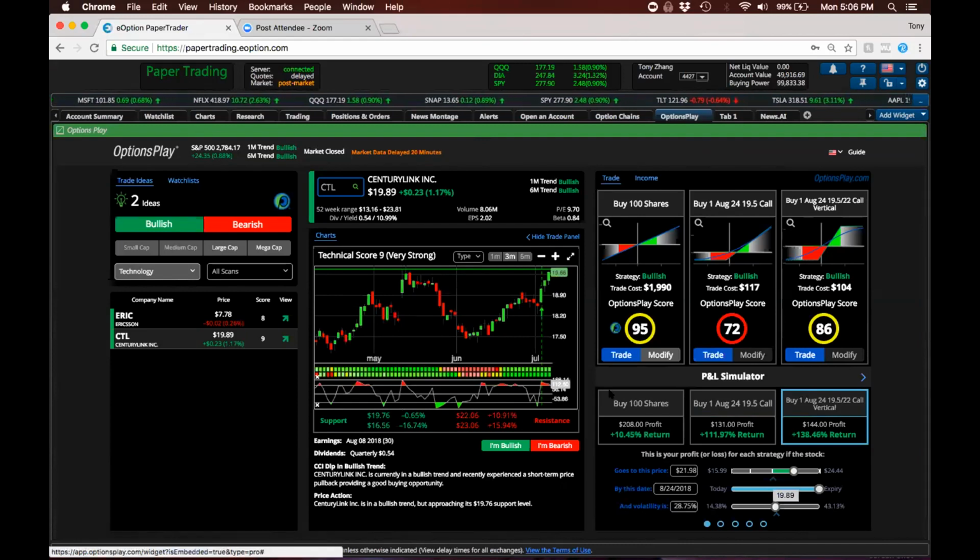So you typically don't want to enter a trade more than 2 weeks before earnings. Usually the first week or two before earnings is when you want to enter the trade. That is the general time frame that you want to use. If you enter a trade a month before earnings, then you have this whole month of time value eroding, basically eating away at your profits. So that's really why you don't go a month out. But usually 1 to 2 weeks out is where you would enter a trade before earnings.